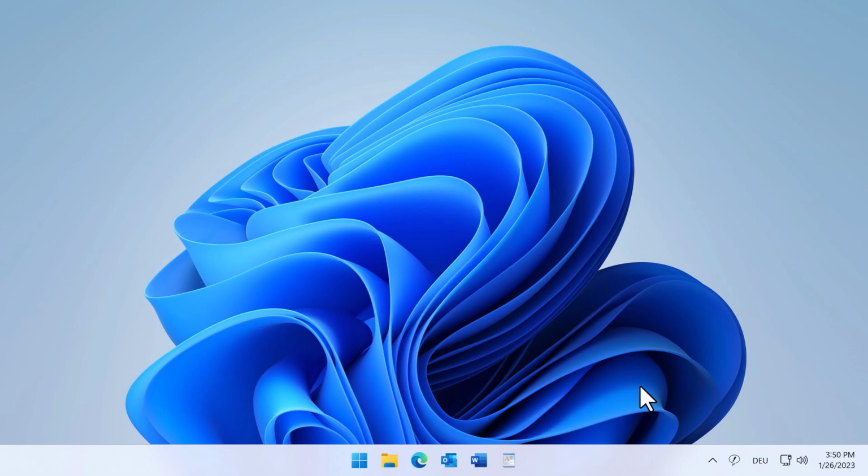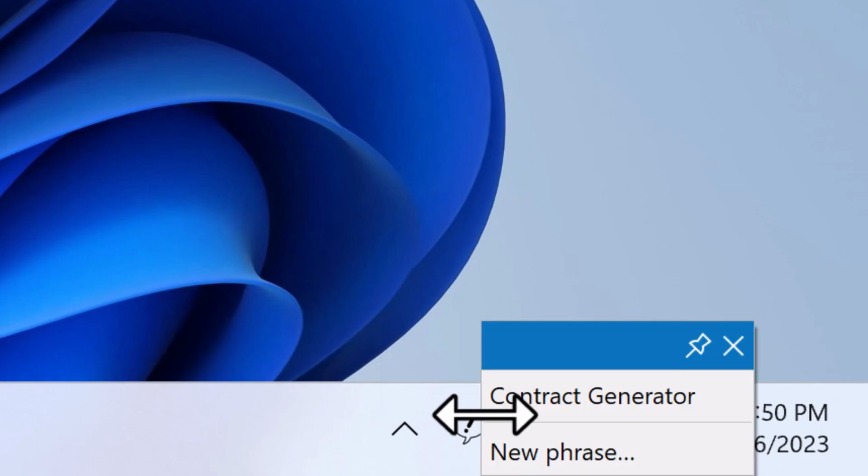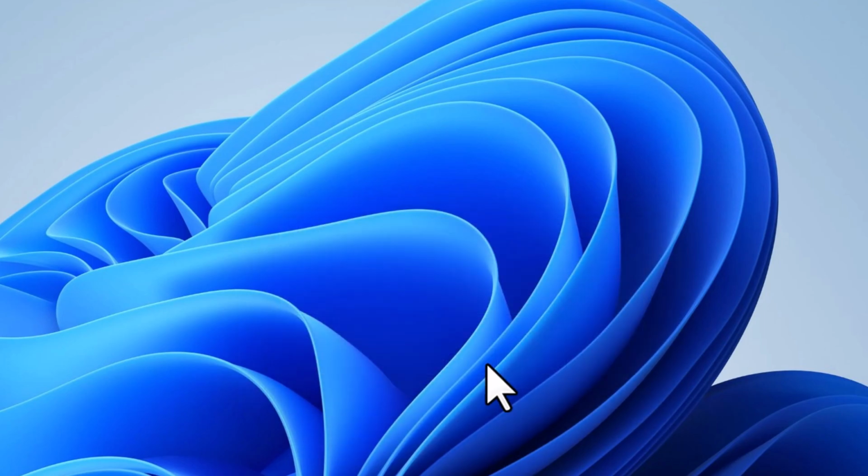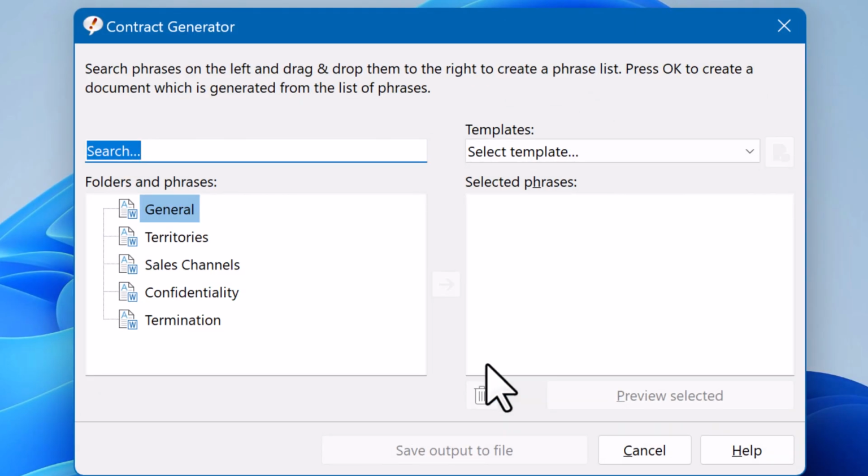FraseExpress can generate entire document files based on your text snippets. Here we have prepared a contract generator. Simply enter the required information for this contract. And this is a document generator allowing you to create a list of phrases which shall be used to generate